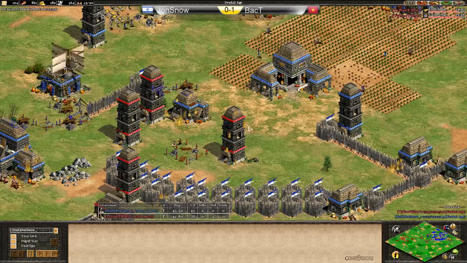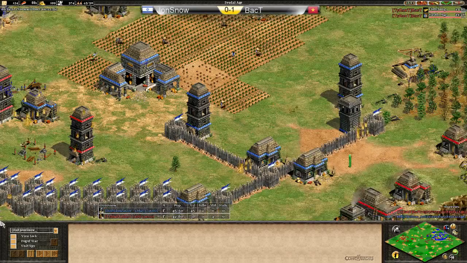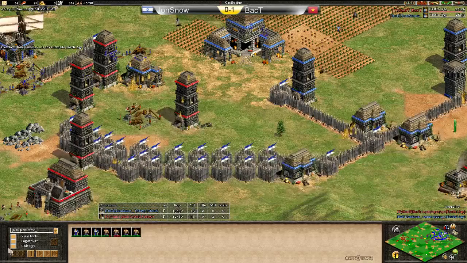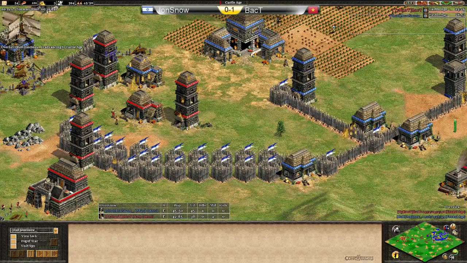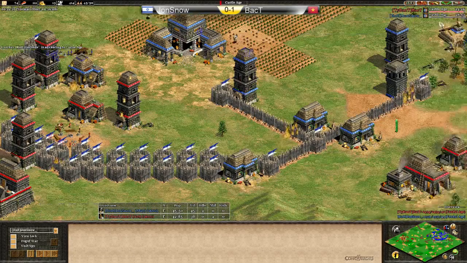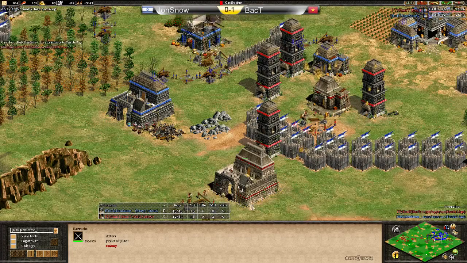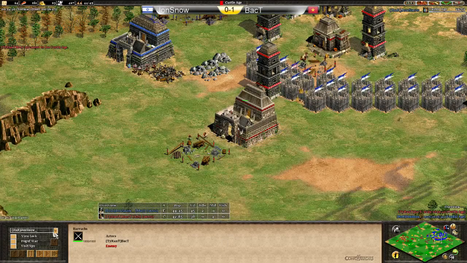He's got the access to his base, and JonSnow hasn't completely walled his base in, so things go flying on through the town centre and hit this wood line, hit the back of the food economy. As JonSnow now clicks up to Castle Age, but too little too late, my friend, as BacT's about to hit it any second now, and we'll be seeing a chainmail armour upgrade, and...